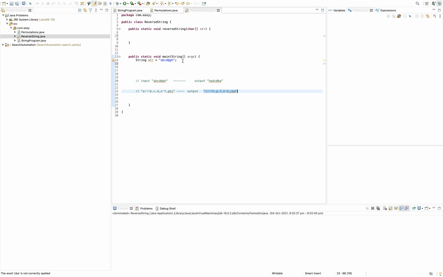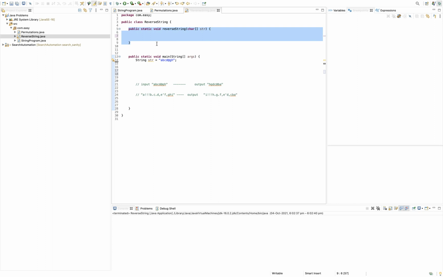So let's understand how we are going to solve it. So guys, I've taken one example here, the first example, and we are going to write a method to solve this. I've already written one method that is going to take the input parameter as a character array. So guys, we need to convert this string into a character array.